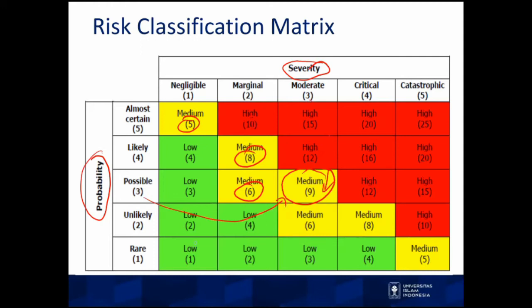The number in this cell is the result of multiplying negligible and unlikely, 2 times 1. And every cell that has a number higher than or equal to 10, this is only for example,